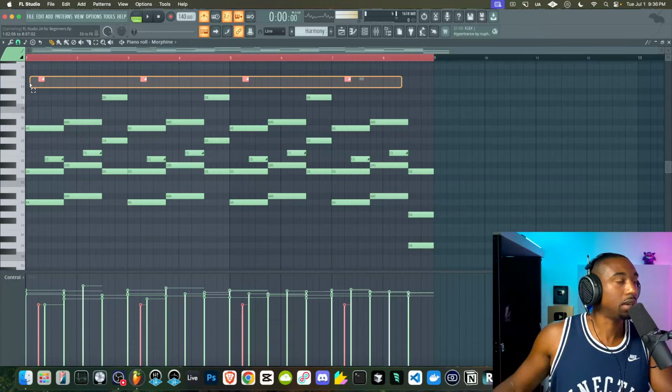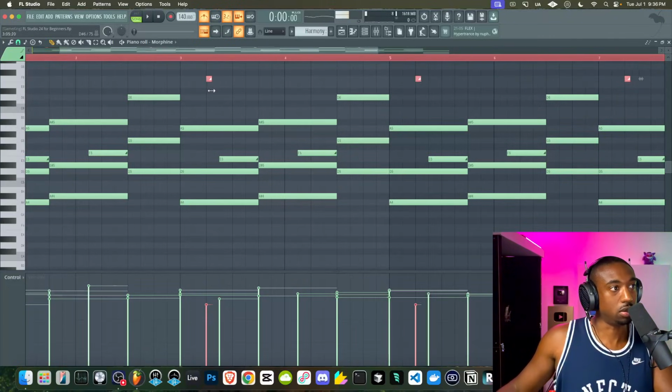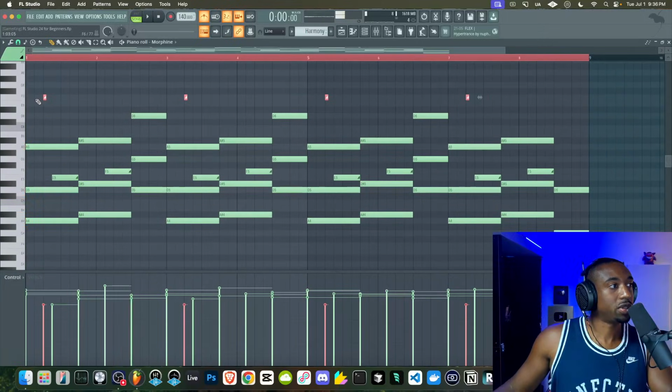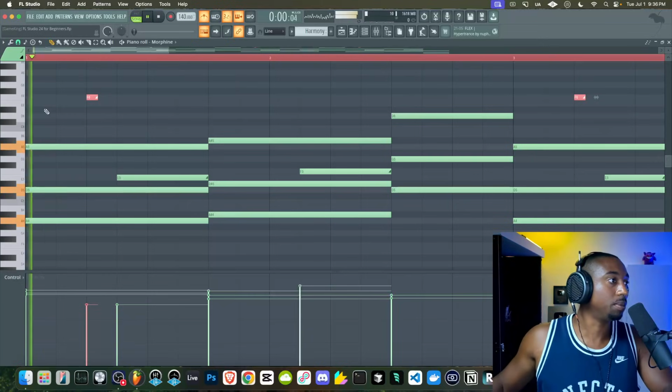Let's highlight these sounds up top, hit Control, highlight these. Let's hit Alt, left click, and make these smaller. So Alt is how you basically get off the grid and nudge stuff around. Hit Alt and then left click the edge. So now this slide note basically pulls all the notes up to that note in this amount of time.